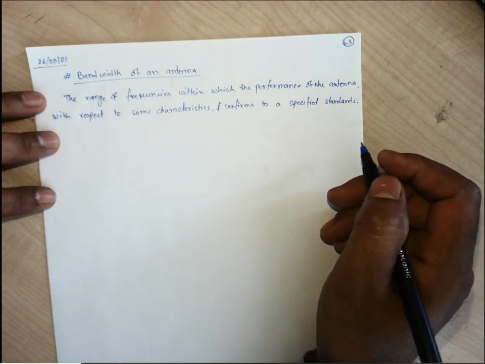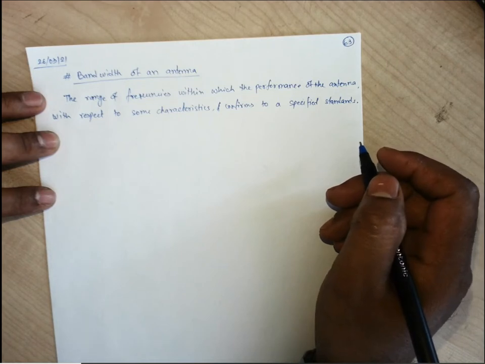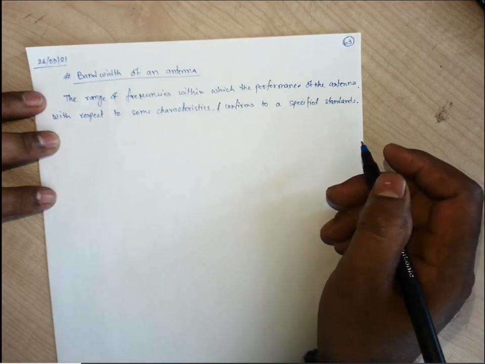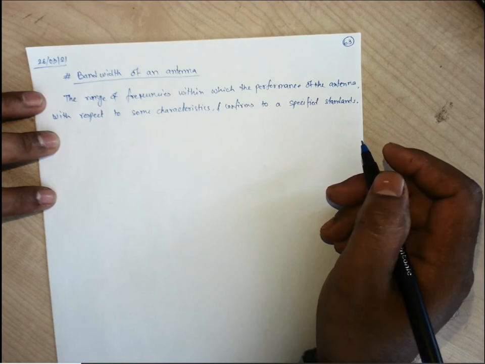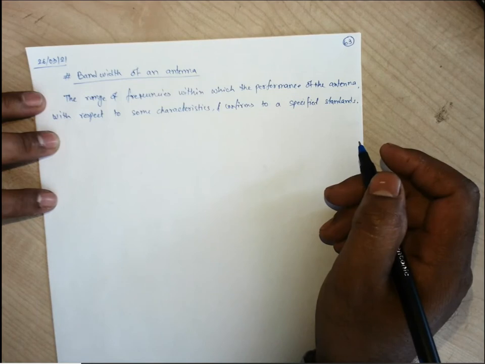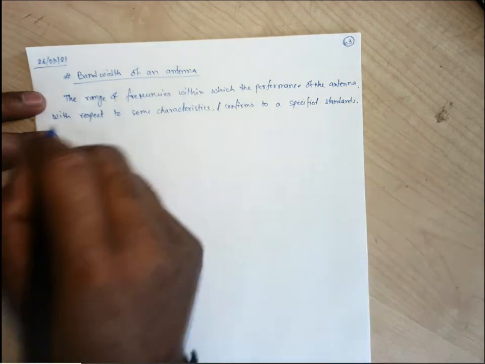When a system is at resonance, what does it mean? It will show a perfectly resistive impedance, rather than reactive impedance. To have radiation from this antenna, we need the power to be transferred rather than stored within the antenna element. So that center frequency is known as the resonance frequency.